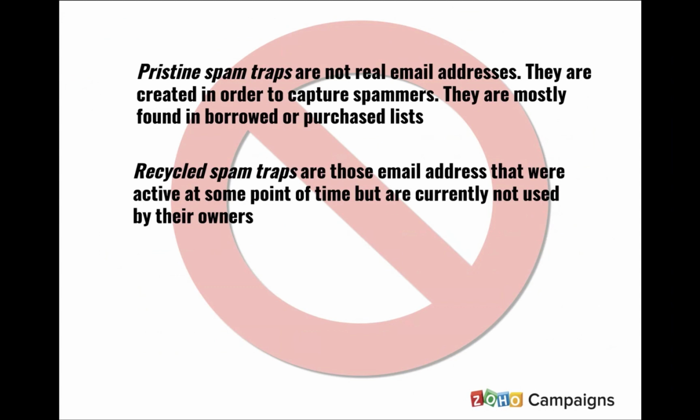What do you need to do for this? You need to do list management. That is, you need to trim your list and make it hygienic. Many times you might have sent an email to someone, let's say 6 months back, and now you're sending another email, but this email address might not be active anymore. So after a long time, when you're trying to send re-engagement campaigns or emails during some seasonal offer, you need to look at how much interactivity is taking place with these emails sent to these email addresses.